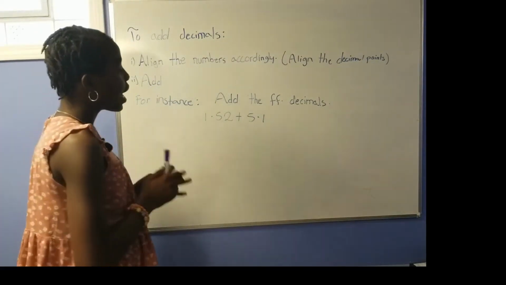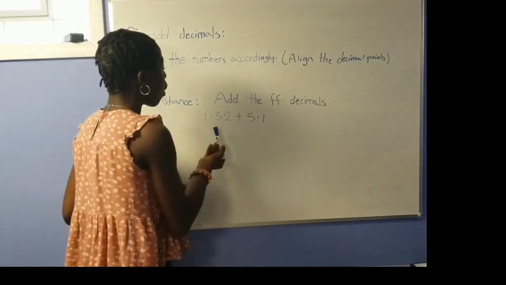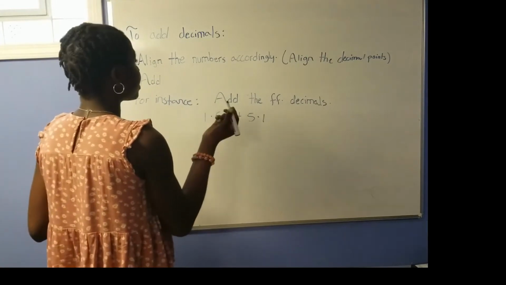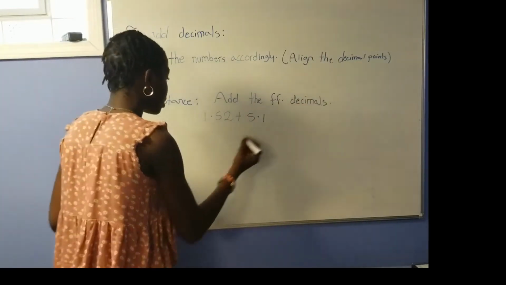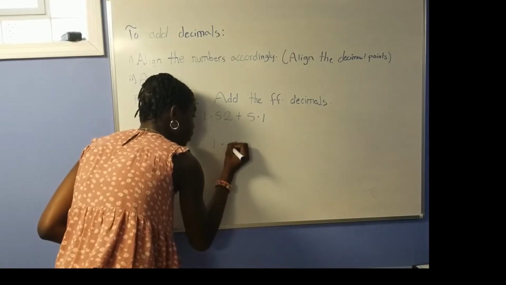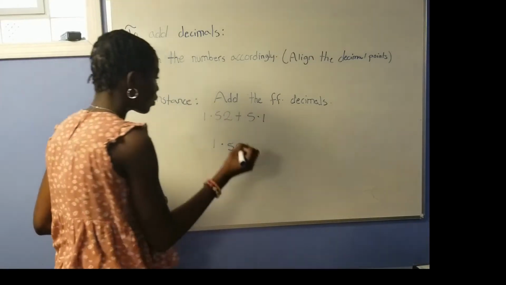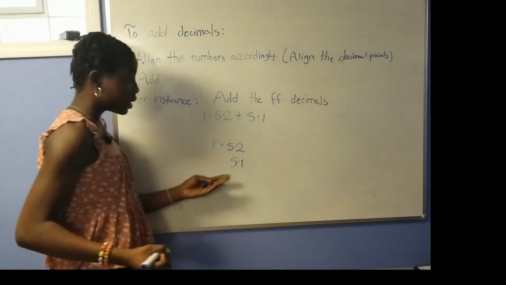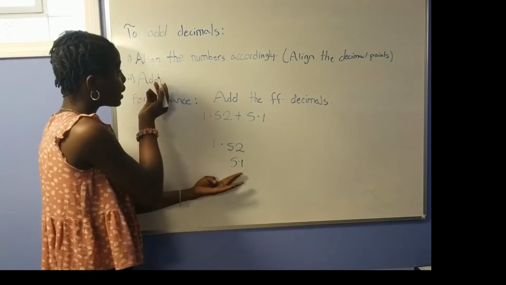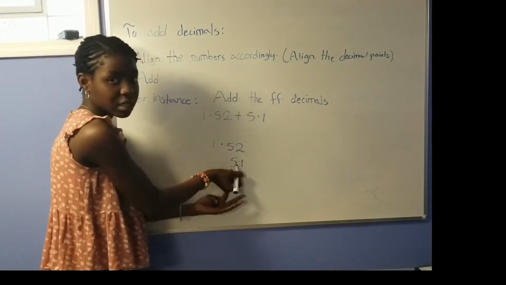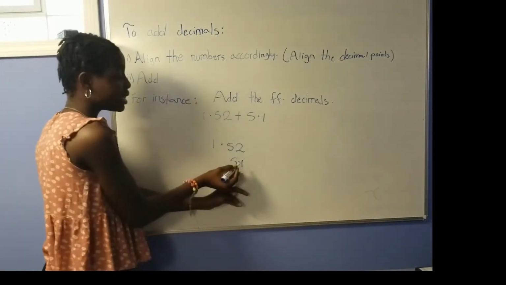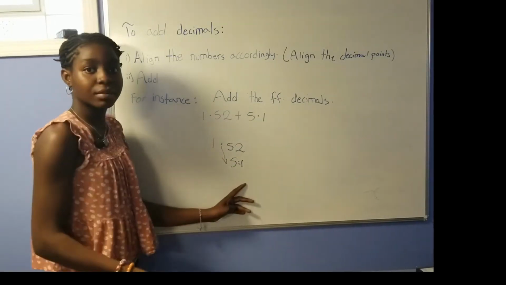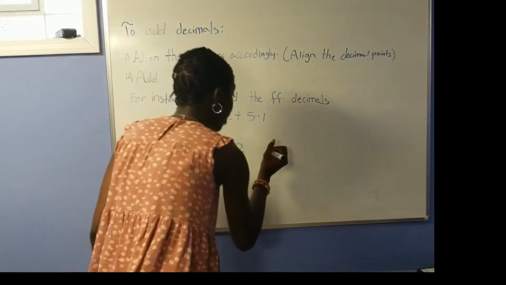So for instance, we have: add the following decimals. 1.52 plus 5.1. To start with, our first step says we need to align the decimal points. So 1.52, and we have 5.1. But look, this is wrong because our step says what? Align the decimal points accordingly, which means this decimal point right here needs to be underneath this decimal point. So to write it well, it will be